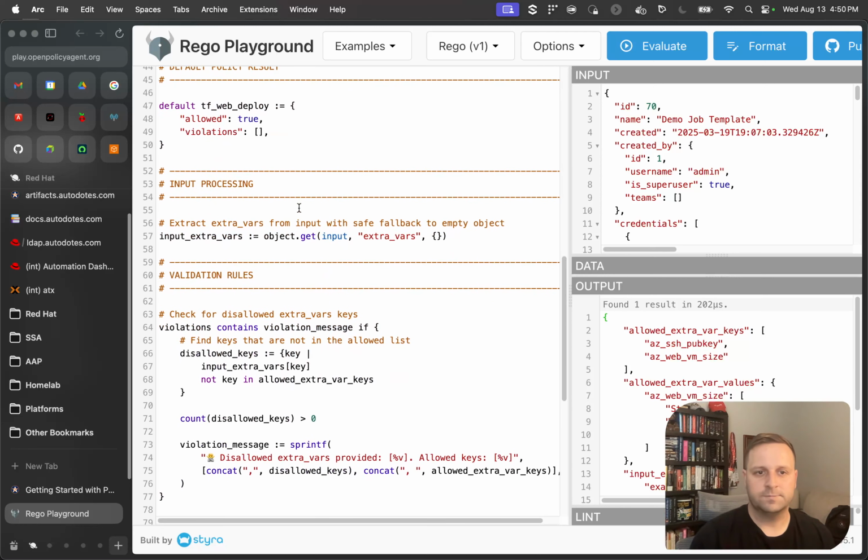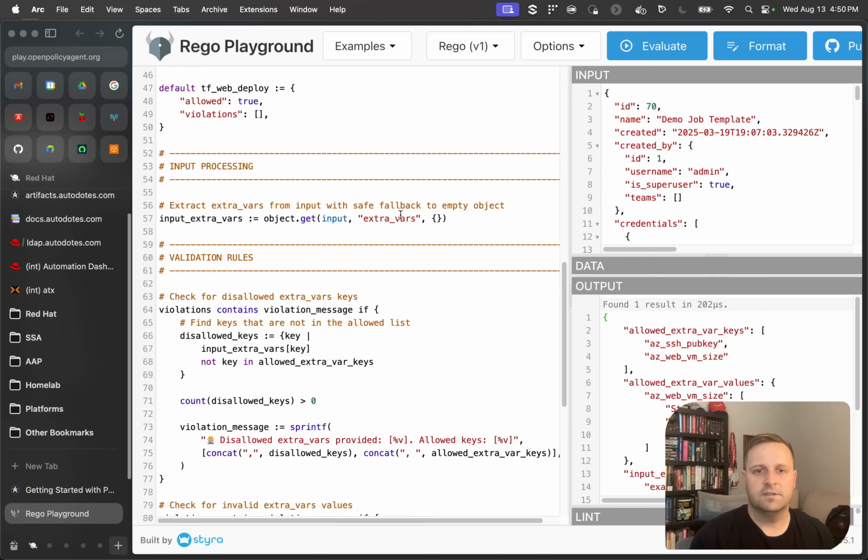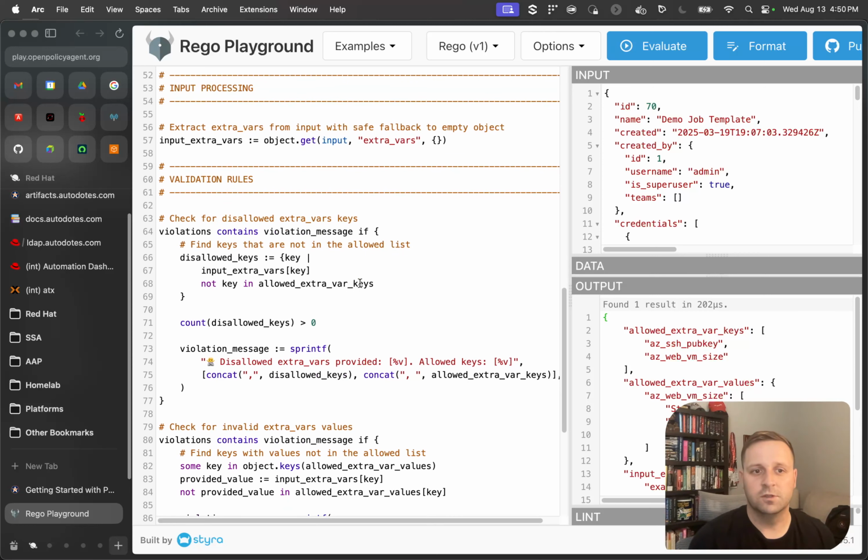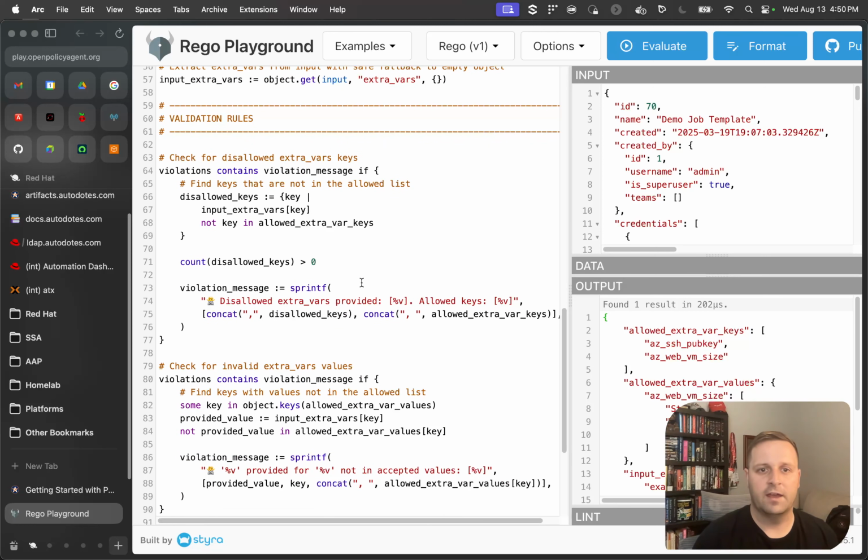We scroll down here. I then have this step where I'm extracting from the input a particular key. In this case, I'm looking at extra vars. If you're familiar with the Ansible Automation Platform, extra vars are obviously an important part of how variables can be passed into a job run. So in this case, I'm going to pull those out so I can inspect them. I then have my first rule here where I'm going to take a look at what keys are in this extra vars object and compare them against that setup that I have up top